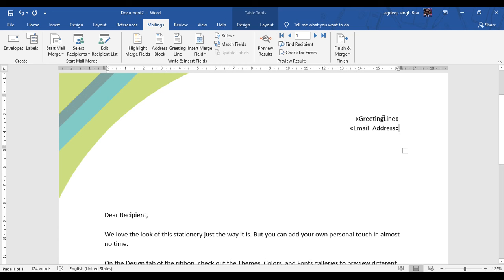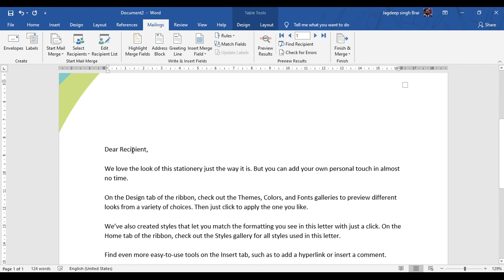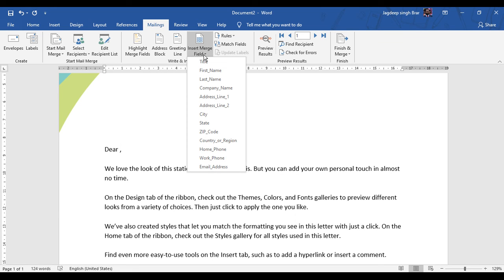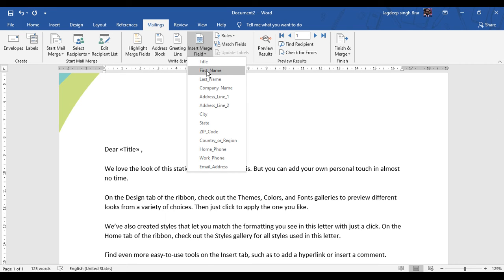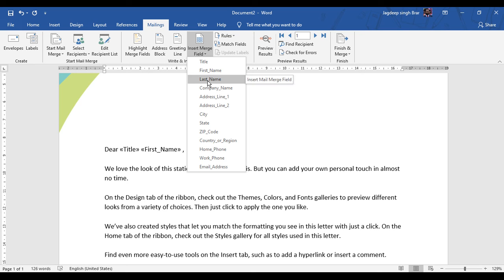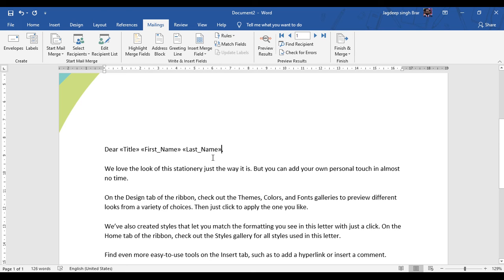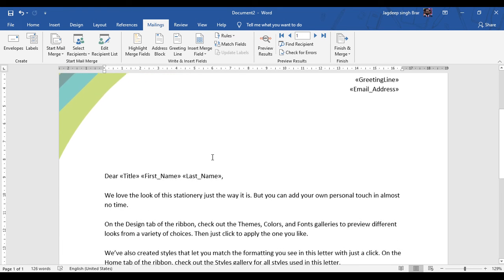Like here, you want to also use the name of that person, so you can delete it and insert the field names like title, first name, and last name. So in this way you can add the different merge fields of the data source in the letter. After typing all these, you can save your letter with a new name.